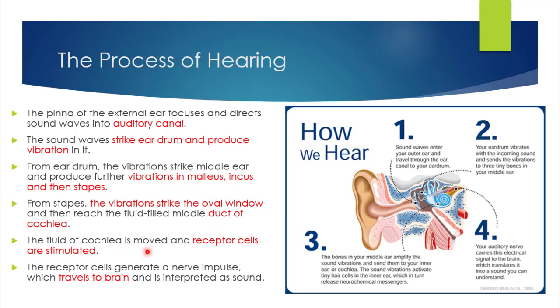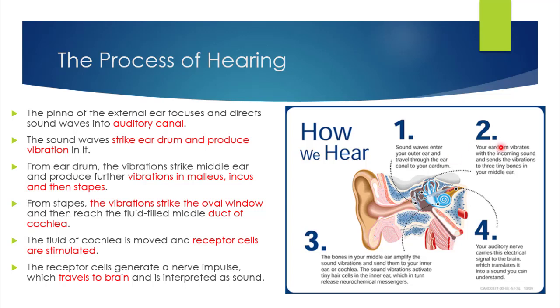Now the fluid of cochlea is moved and receptor cells are stimulated, which means now the receptor cells are activated to receive the stimuli of sound. The receptor cells generate a nerve impulse which travels to brain and is interpreted as sound with the help of auditory nerve. So first of all, the sound waves enter the outer ear and travel through the ear canal to